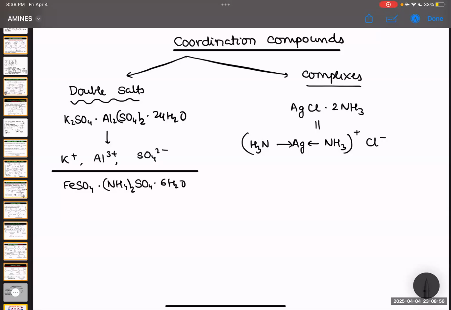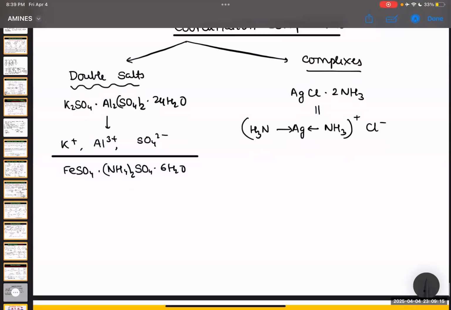So these NH3 molecules are bonded to silver by coordinate covalent bonds. Got it? And because they are bonded by coordinate covalent bonds, they are not going to split. Covalent bonds do not split. Ionic bonds get dissolved. Ions get dissolved in water. Got it? So it does not lose its identity,